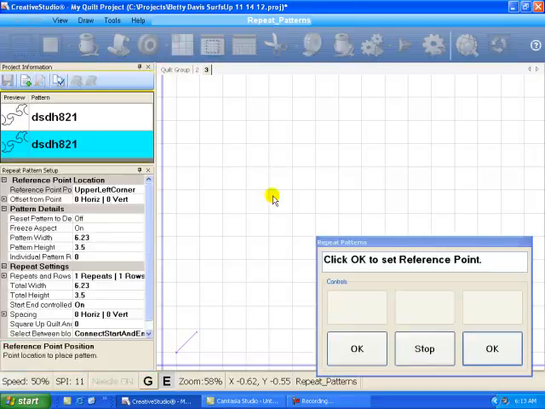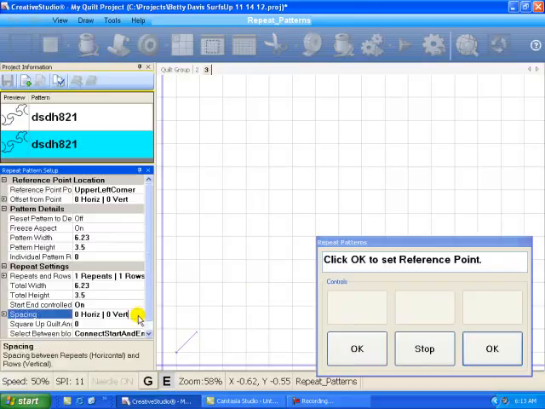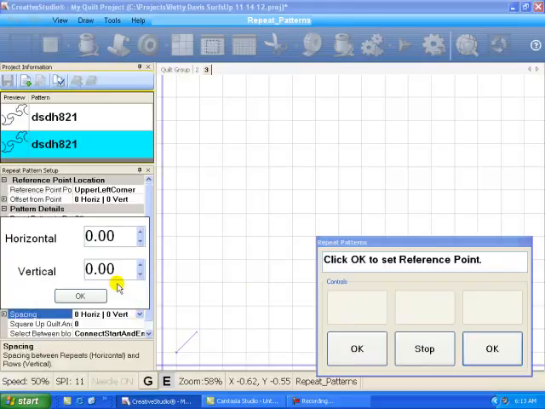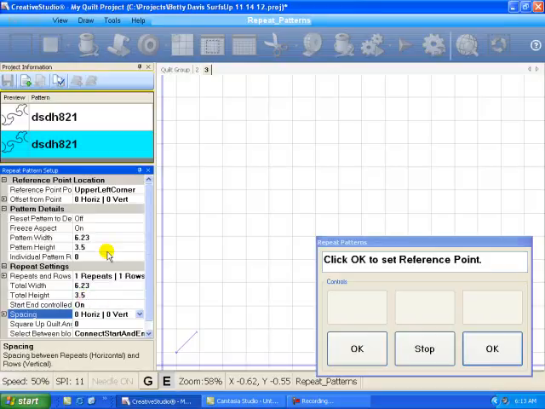repeat patterns. Again, I'm going to put in my vertical spacing. I always do the vertical spacing before I enter any of the other numbers. So I'm going to put it in negative 1.5. Click OK. Now all my numbers look good. And here's my numbers: 6.23, 3.5. I'll put in my quilt width,